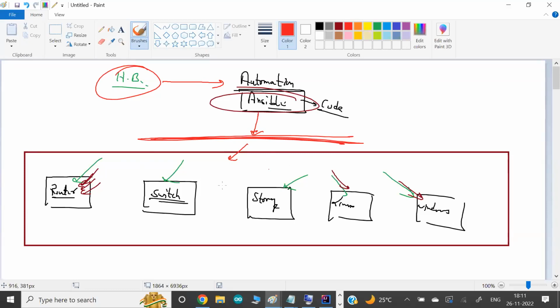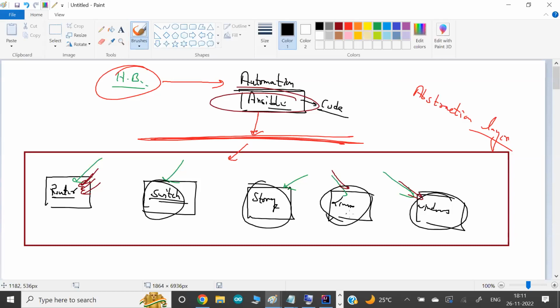Anything that is hidden behind something is called abstraction. So I created one abstraction layer for you, and I will perform and do the setup for you. You don't have to worry what is there behind the scene, but I get your job done. But what is there behind the scene? A lot of devices, servers, switches, a lot of tools, technology and platforms. They're mostly known as resources for the company. So Ansible will say, I have created one resource abstraction layer for you. It's called RAL, resource abstraction layer.